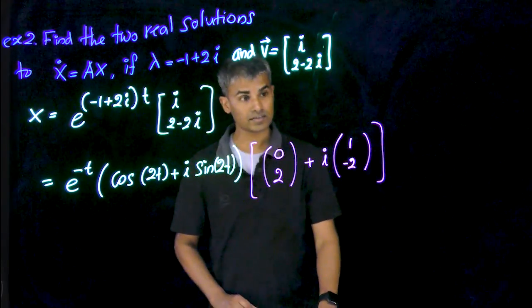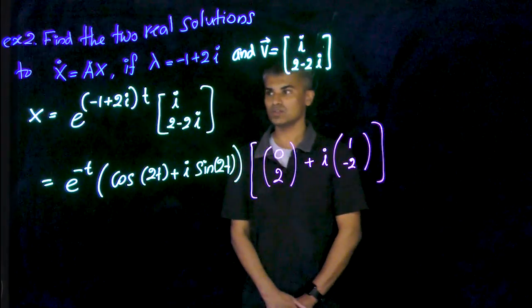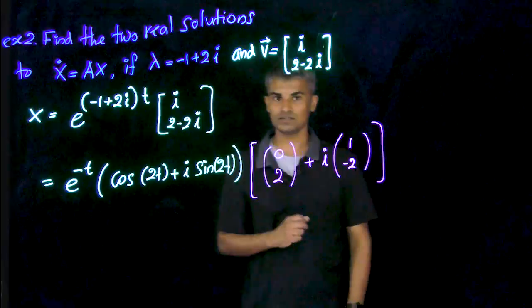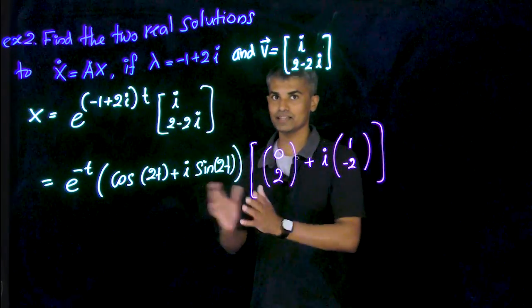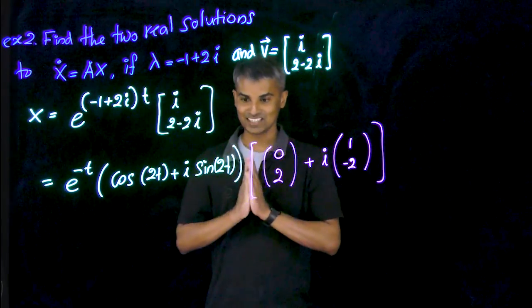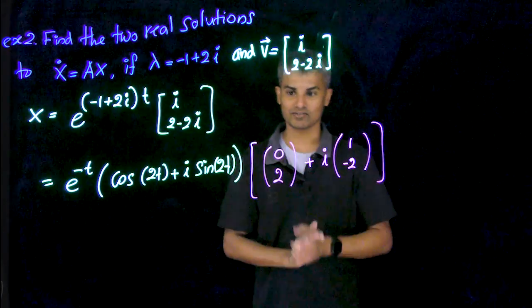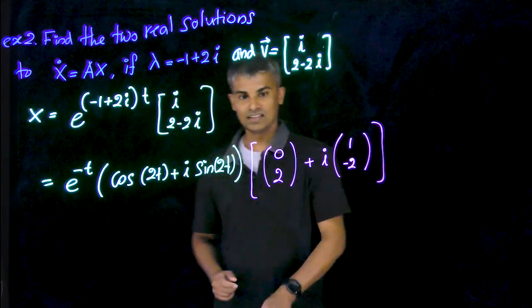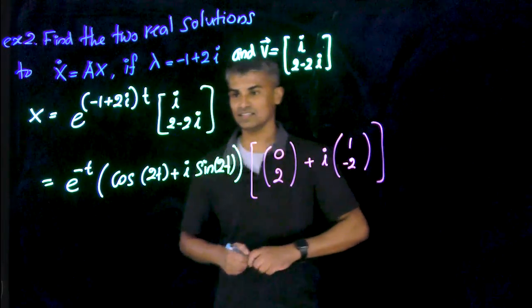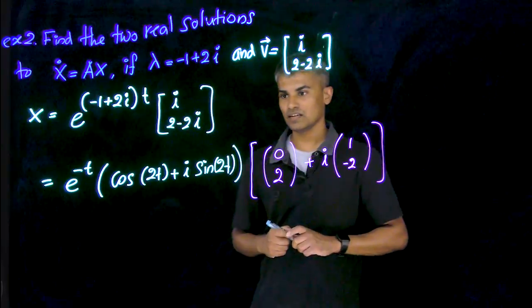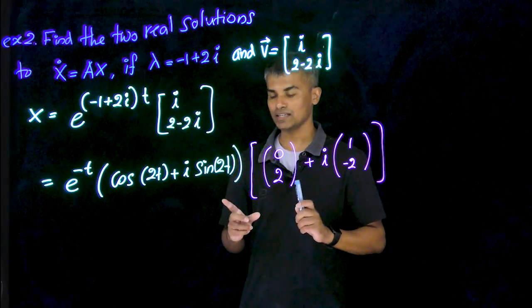Okay, great. So now to get these two real solutions, what we need to do is separate the real part of this solution and the imaginary part of the solution. Okay, let us do that. Now if you think about the real part,